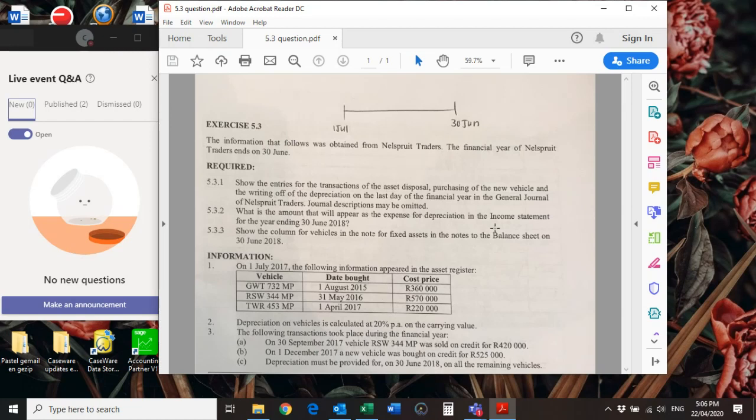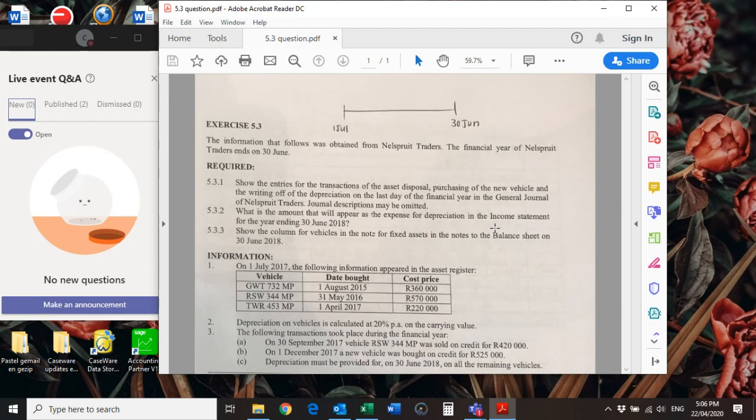It doesn't look that way, but I'm going to tell you which notes you should be writing. Why I'm such a big fan of notes is because while you're reading through your question, you're making small notes so that when you actually start doing the question, you can just quickly see, okay, this is key, this is important. So that you don't have to read through all of the information, because we know in accounting we only have limited time, so that you can identify the important key words, key things that I need to take into account.